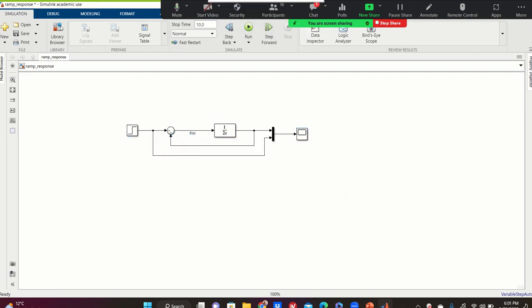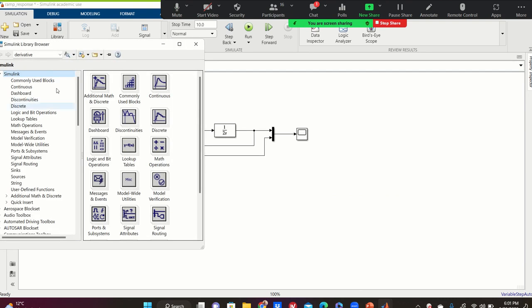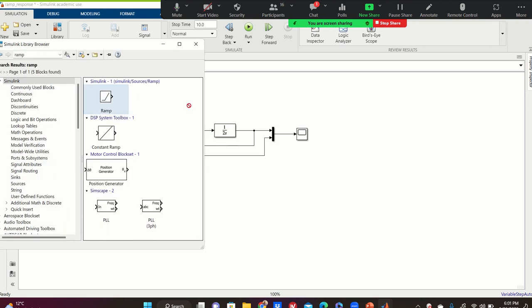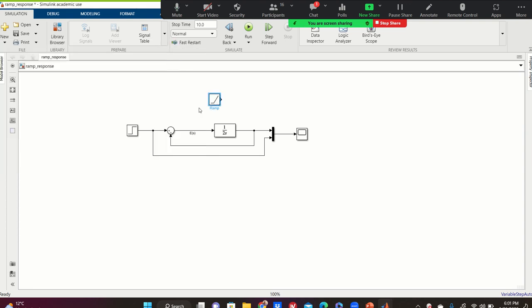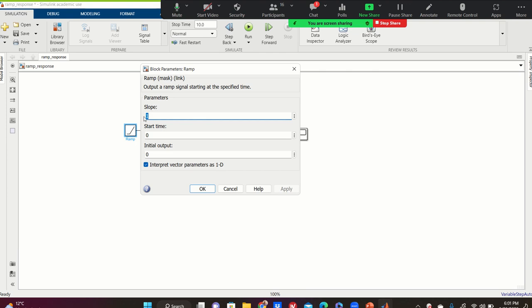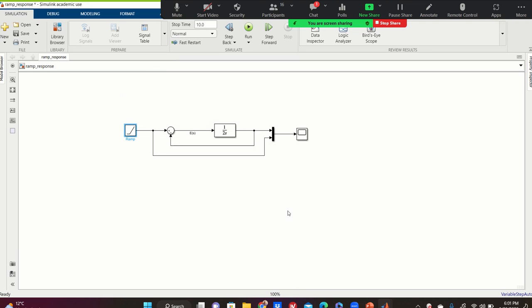Okay, but despite impulse, we have ramp command in Simulink. See, just move it here. Here we go. So instead of this, just put here. There we go. Just double click on that. So slope is 1, means 45 degree. Start time 0. Always check this. And then save. So if I run this,